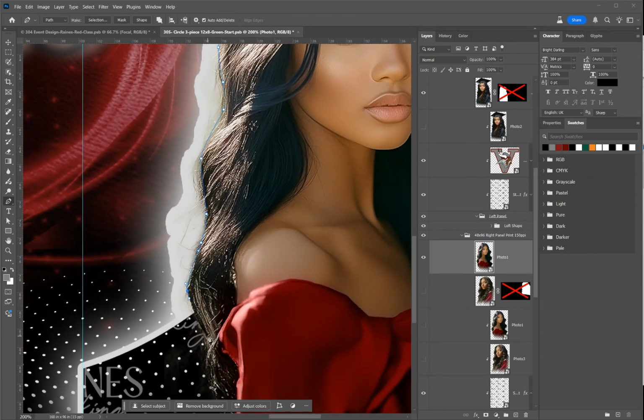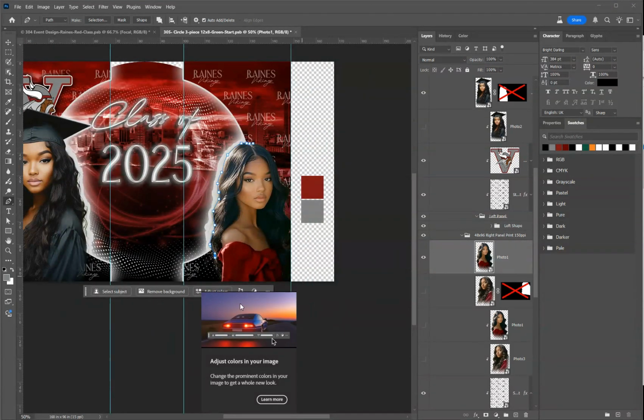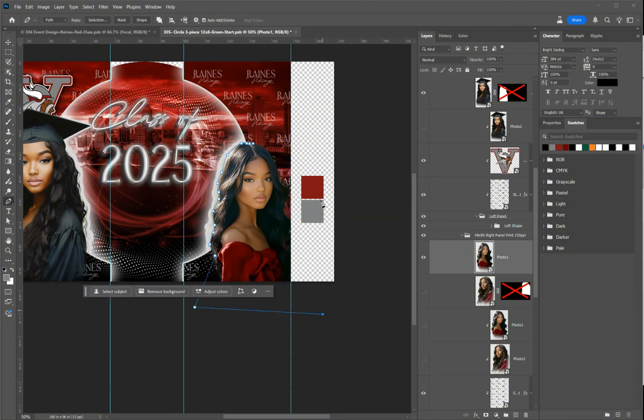Now, as I get into the inside space here, I can be a little more liberal with where I go next. I just want to make sure that I am including the entire image here. All right, and make sure, I forgot to mention this before, make sure that your mode is on path here and that you're on the combined shapes just in case you need to add to it. But once you have that shape created around here, you can go ahead and click mask and it will make